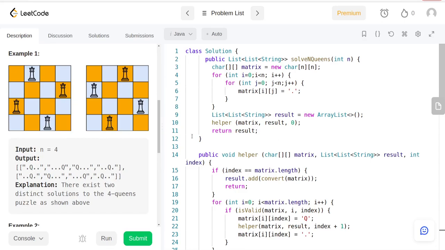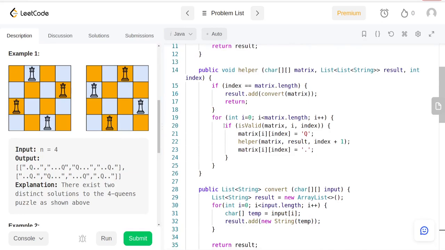In terms of the time complexity, basically we are going through every single row and column, so that's going to make it O of n square. And then you are validating every single time whether or not there is another coin in there. So when you are validating that, the worst case could be that, although you are just going to be going through that particular row, column, and the diagonals,